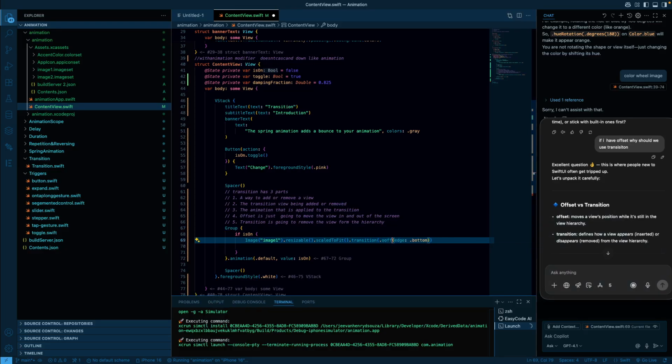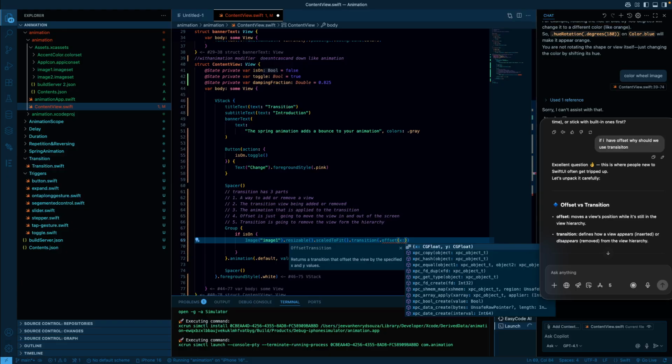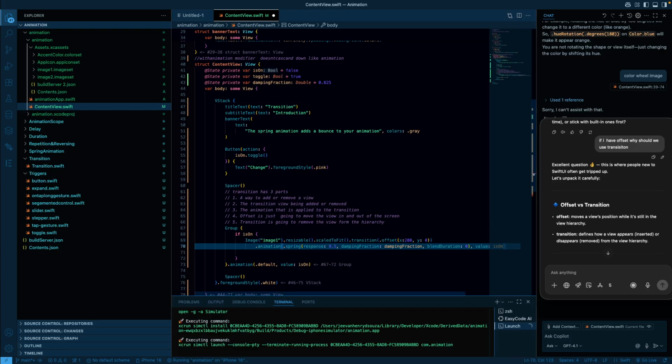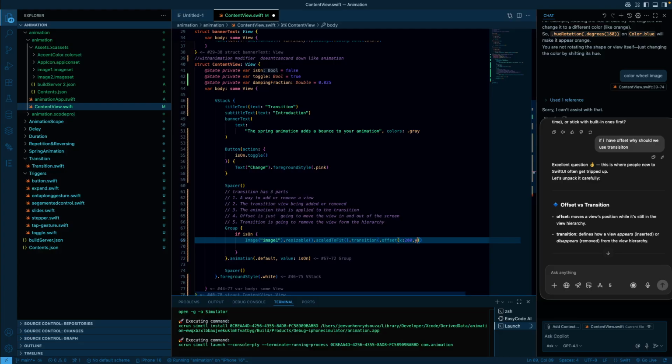Close this. Now there is something called offset as well. The difference between this offset and that is this is going to take it off from the screen, remember. This is x colon, say something like 200, and then y is going to be say